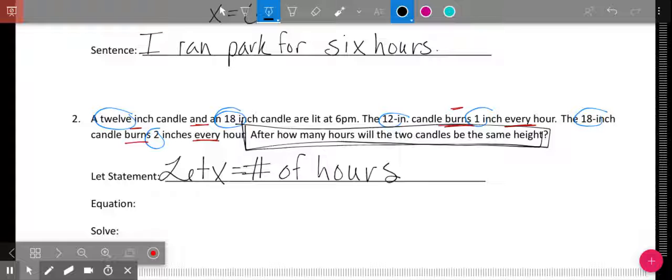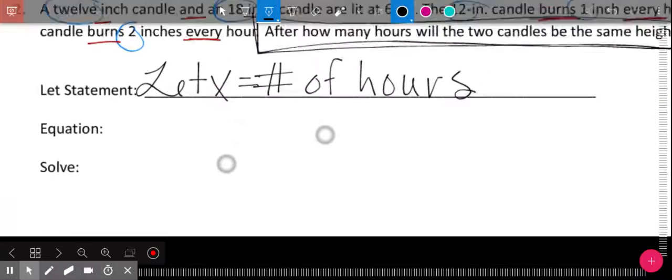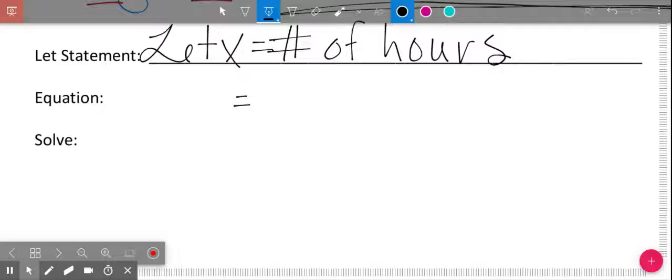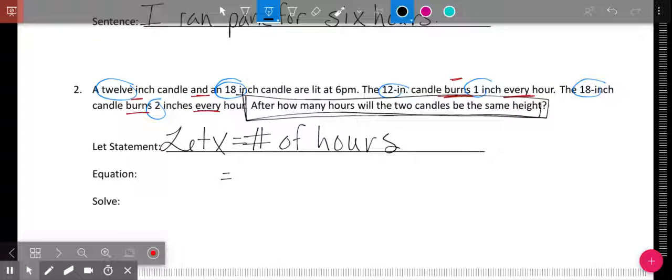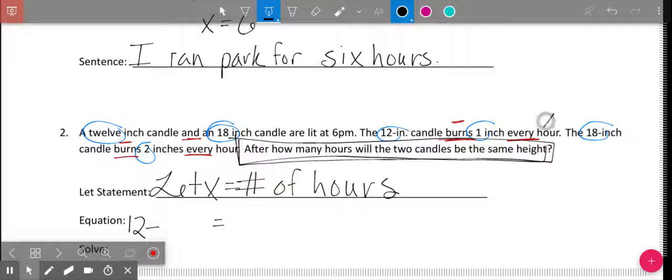We're going to start with the 12-inch candle. We're comparing two things, so we're going to set them equal to each other. So first, we're going to compare the 12-inch candle. So it says the 12-inch candle, okay, so we're going to start at 12, burns, okay, so it's burning, so we're subtracting, it loses 1 inch every hour. Okay, so 1 every hour. Well, we just said hours were our x's. Okay, so we're going to have 1x